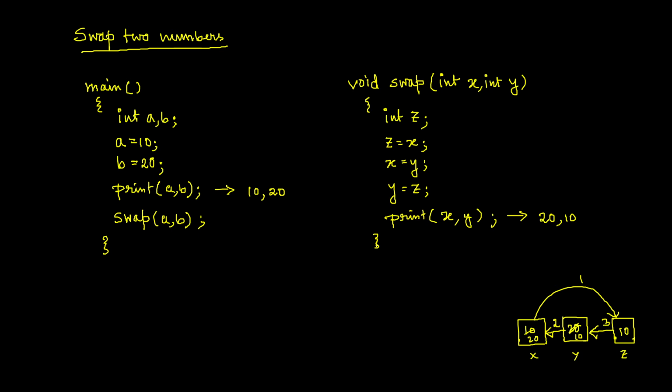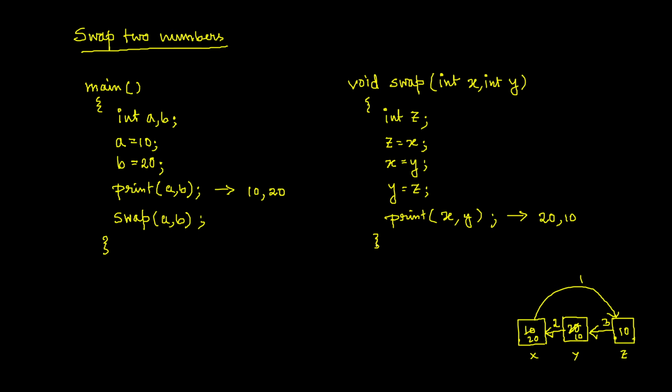Fine. And this program is technically correct. Now if I change the program a little bit, for example, I tell you to do one thing: you take these two values somehow and swap them and return the result to me. I want to show the result to the user.